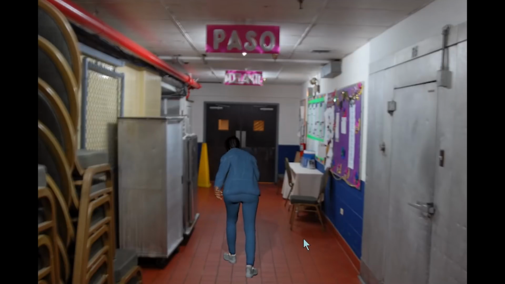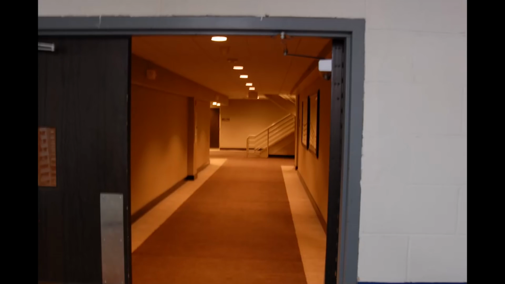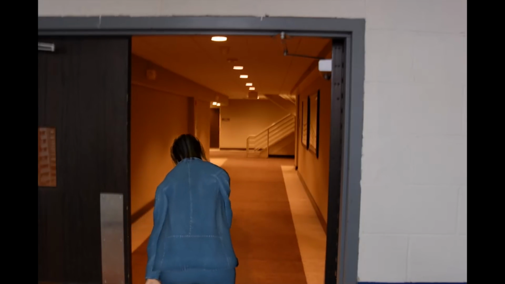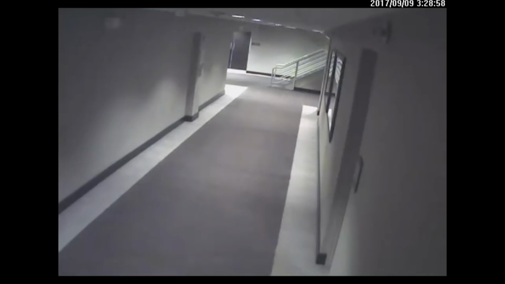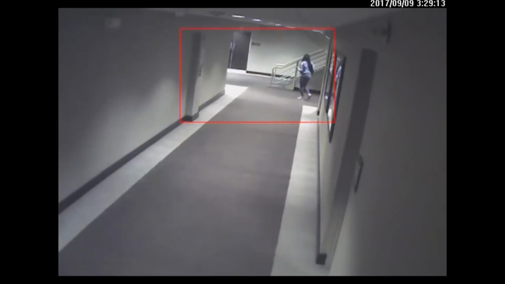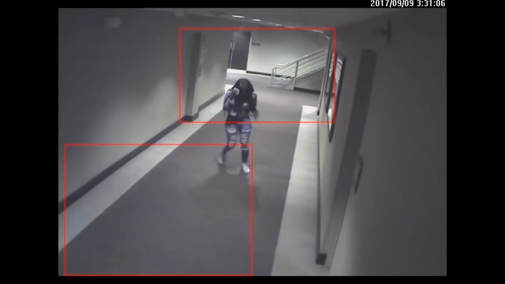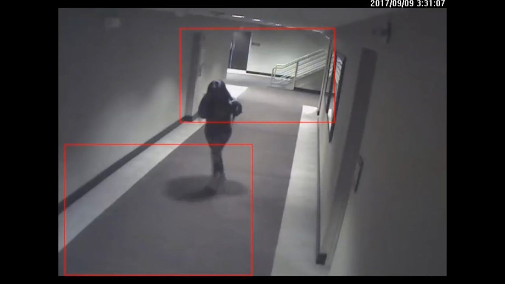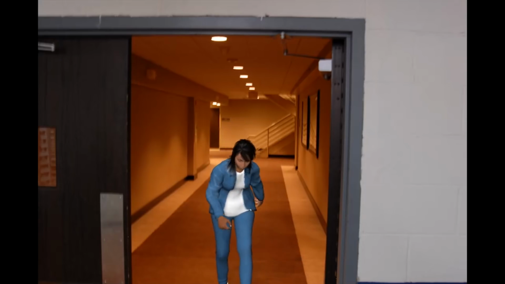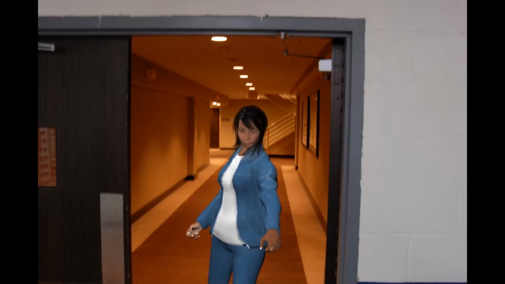All right, and then she's going to head out another set of double doors that are different from, there's a hall right here to the left that you could actually do a shortcut back to those same double doors that went into the kitchen the first time. Okay, so she comes into here, and then I'm going to skip over all this part again, and then get back to about right here. Okay, so she's now going to leave this area again. All right, so she goes through those double doors.